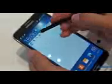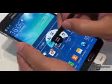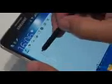So the new SPen might physically resemble the older one, but it's capable of a whole lot more, and that's thanks to software. Now when you hover over the screen and press the button once, the Air Command window pops up. You can tap Action Memo, which is the first. We're going to go left to right, and Action Memo is first for a very good reason. We showed you a little bit before about how the Action Memo could be used to save a phone number,